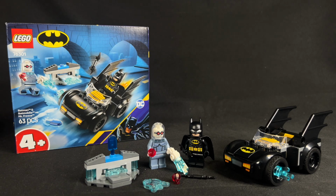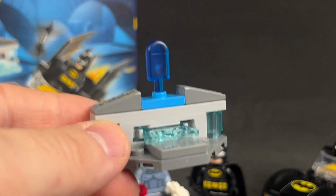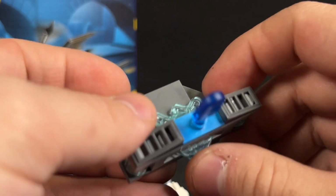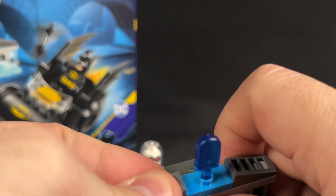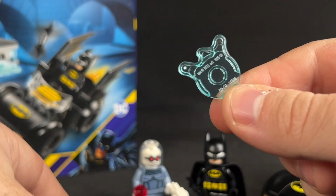The saving grace, of course, are the two minifigures, both of which get brand new prints for this set. So we'll take a look at those in just a moment, but let's take a look at what the set has to offer in general. We get this little ice cream stand here. It's got a translucent dark blue popsicle there, and we get this launcher where when we press this piece out, it actually shoots this piece out, or at least it's supposed to in principle. There we go. So as you can see, it's a very tight fit, but we get this translucent blue piece,